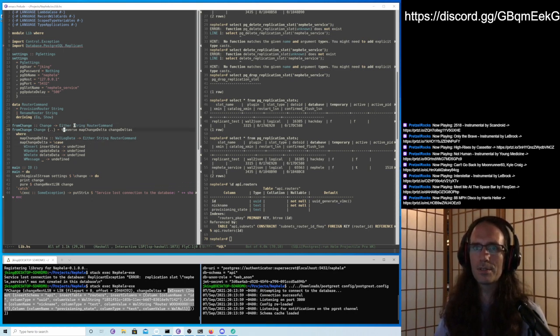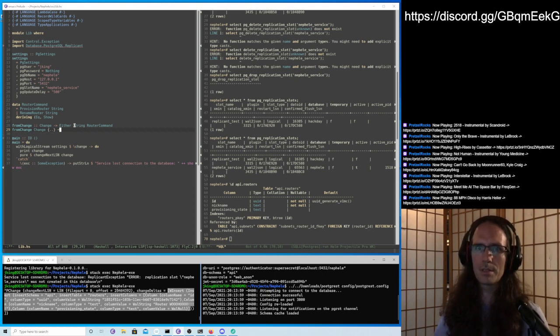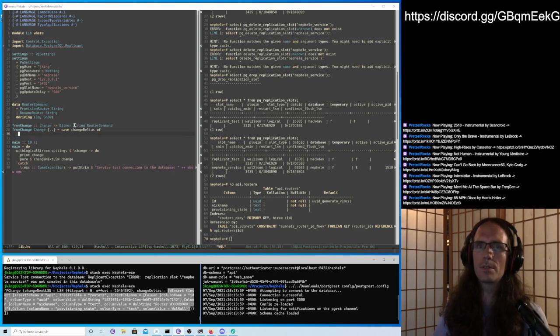So that's basically what I'm going to do here. I'm going to get rid of this traverse stuff, which was kind of just off the top of our head. We're going to do it this way. We're going to pattern match on change deltas. Right, so there's very particular ones. We want this W insert one.